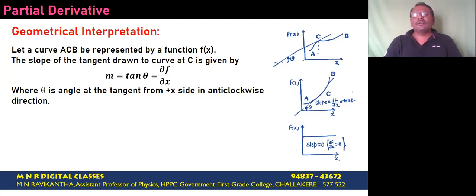Similarly, if we want to know the rate at which the given physical quantity or the point function varies at B, draw a tangent at point B and take the slope. Slope is taken as the angle theta, where angle theta is measured from the positive x-axis in anti-clockwise direction. The slope of the curve is obtained by taking the angle between the tangent and the x-axis. That gives us the rate at which the given physical quantity varies at a given point.